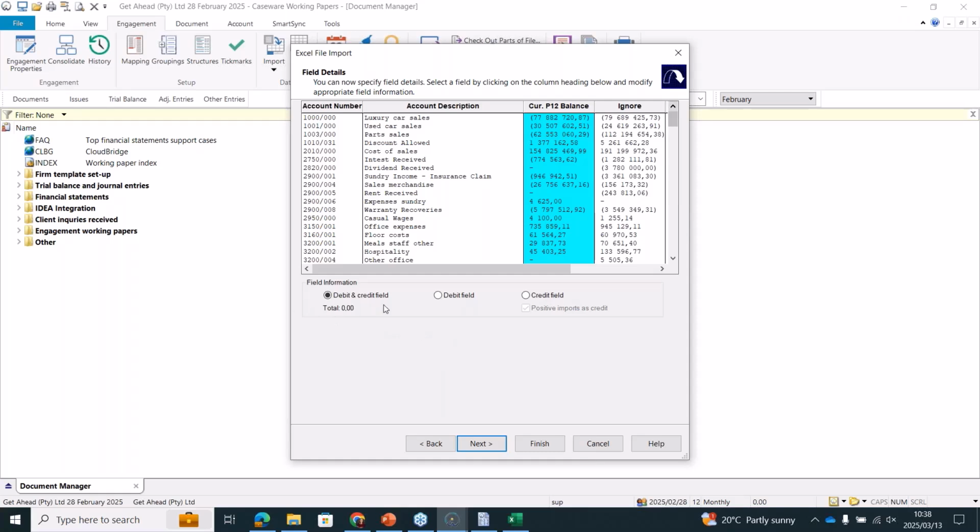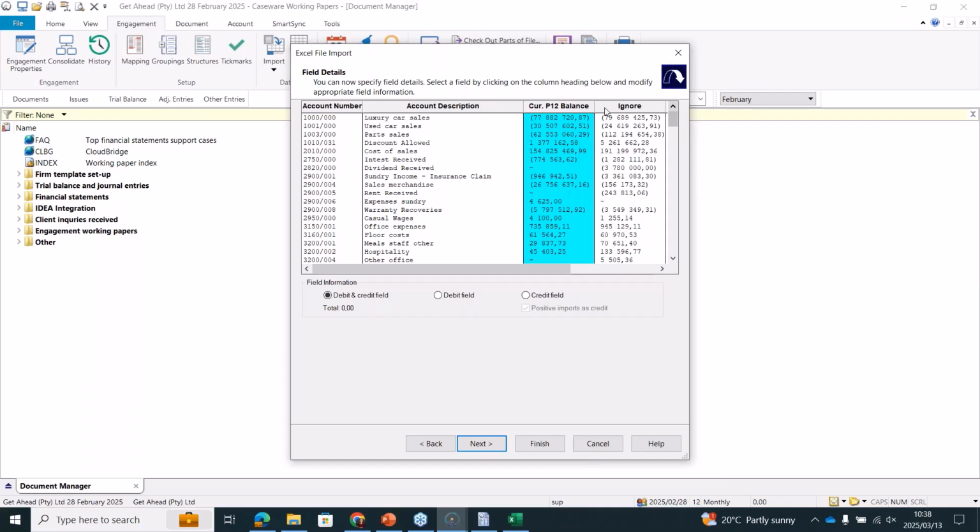And it is a debit and credit field, so make sure that is ticked. And make sure that your total is 0. This then tells you that your import has correctly brought in all the accounts. Just want to show you, you're bringing it into period 12. Remember, I told you to make sure in your engagement properties or on this tab that you've selected the final month, this is the period that it's going to point to. So you're allocating to period 12, and this is why you set to period 12,